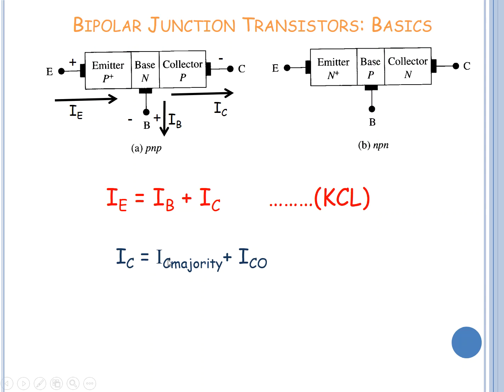This is very important to be discussed here, because this will be discussed repeatedly in the upcoming topics. IC, which is the collector current, consists of two types of holes, one coming from the base and one coming from the emitter, because if we only had the base collector junction, the holes would only be contributed from the base, but on the backward side we can see that an emitter is connected, so the emitter is continuously injecting holes.